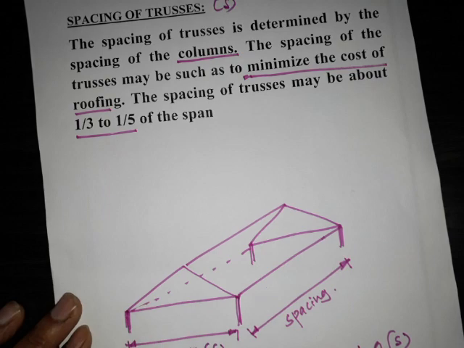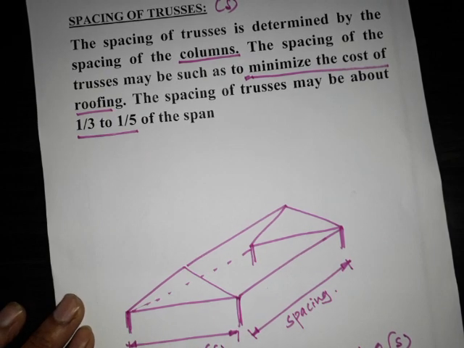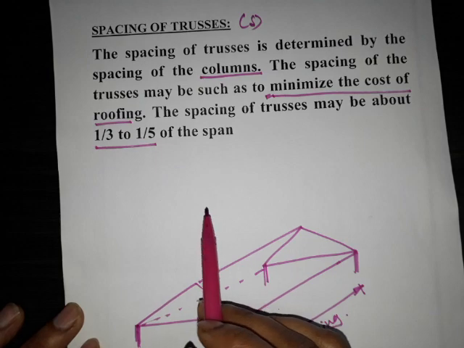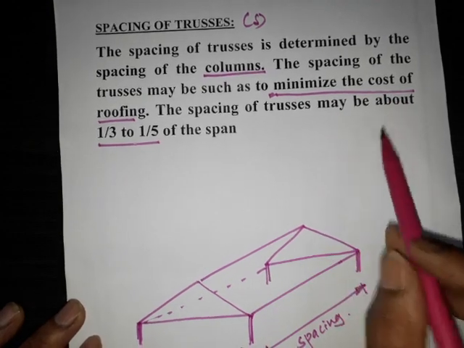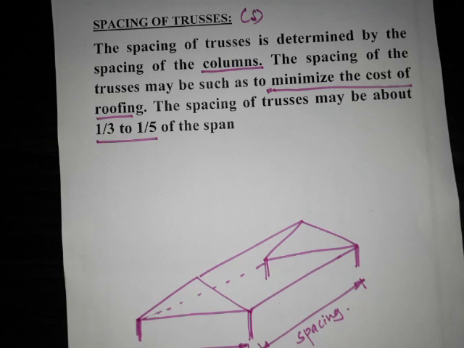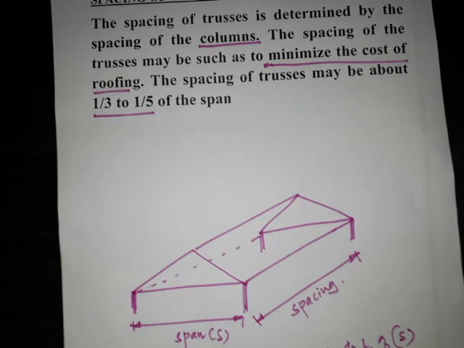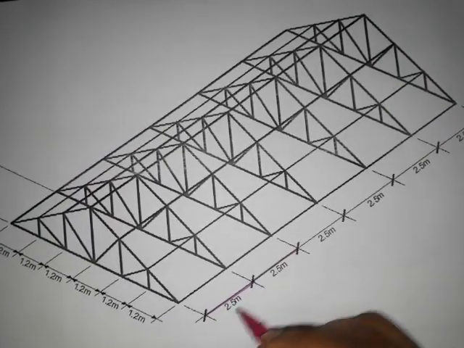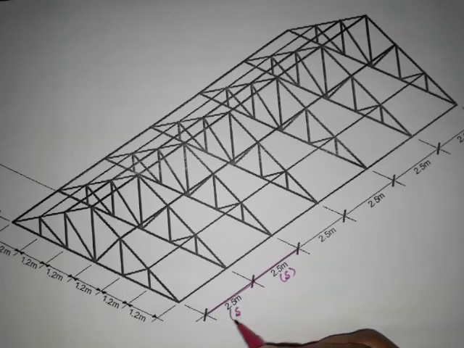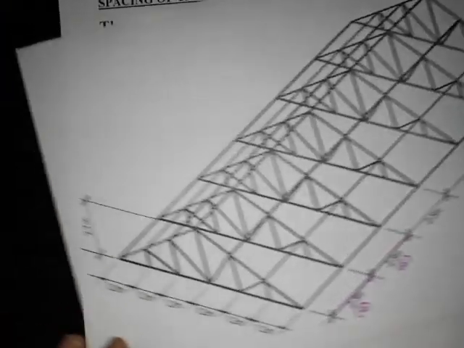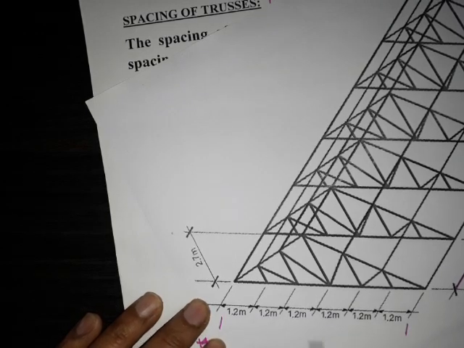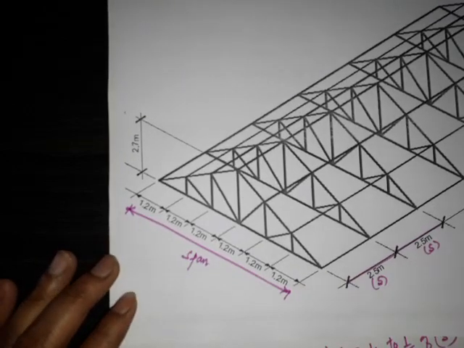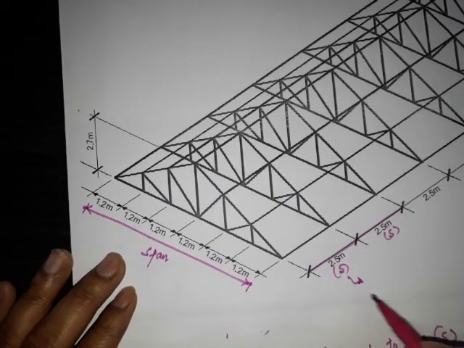So generally the spacing will be 1/3 to 1/5 of the span. To minimize the cost of the roofing, you have to maintain the spacing between the roof truss. Suppose if you want to show, this is nothing but spacing. The spacing between the truss is called S, and this is the span of the truss, the total span. So the span of the truss is given, so this spacing S is equal to